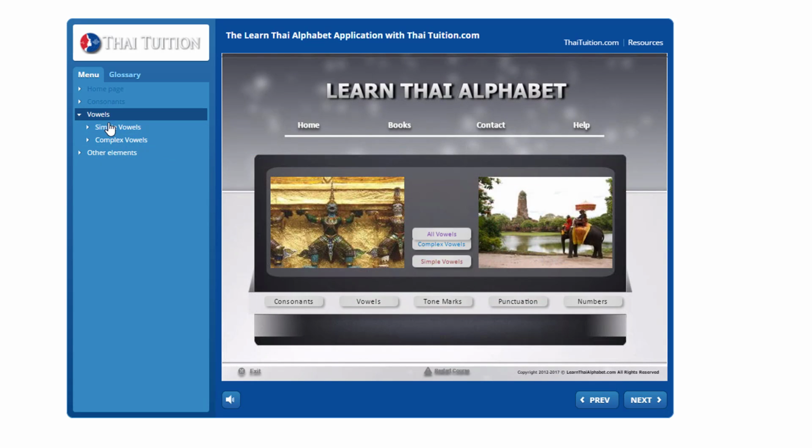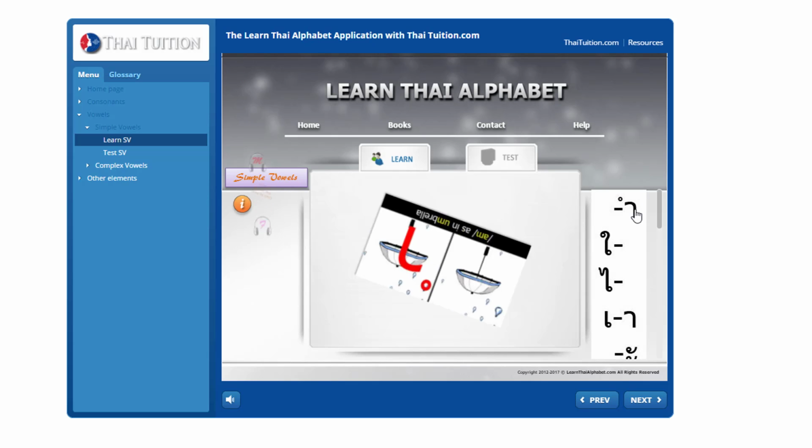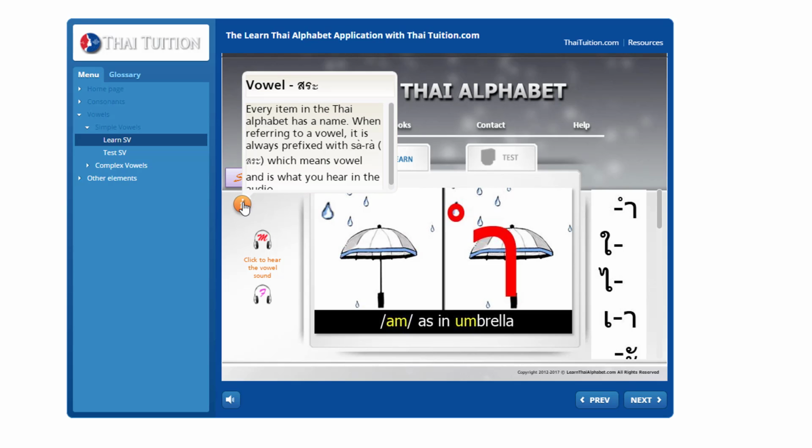With the vowels, we have a similar method. We start with the simple vowels, and then we click on the first item, and again we have the picture on the left, then we have the Thai consonant superimposed on the picture on the right, and then we have the sound that this makes. This makes that sound, as in umbrella. Now, with the IPA system, this is how we write this sound. So it's as in umbrella, so it's sara